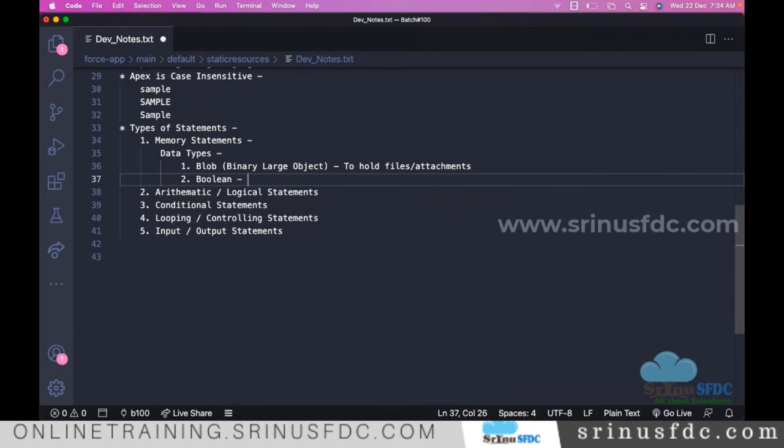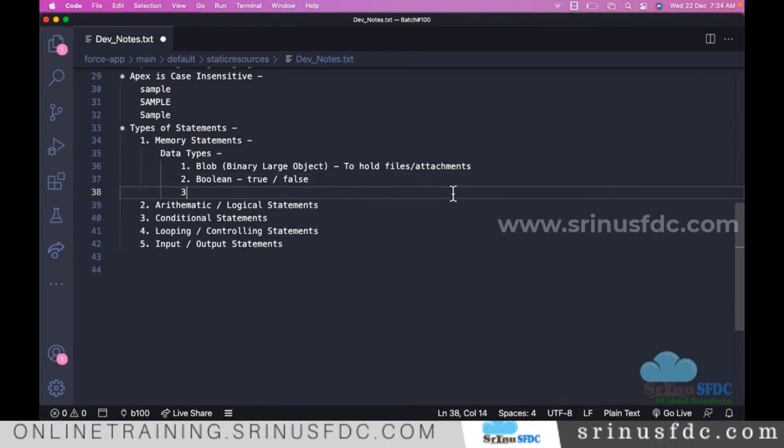We use this to hold either true or false. If you have a requirement to store either true or false, we use this one. Let's say, is the candidate educated? Yes or no? We need to give yes or no, right? So in those kinds of situations, this will be useful. The next one is